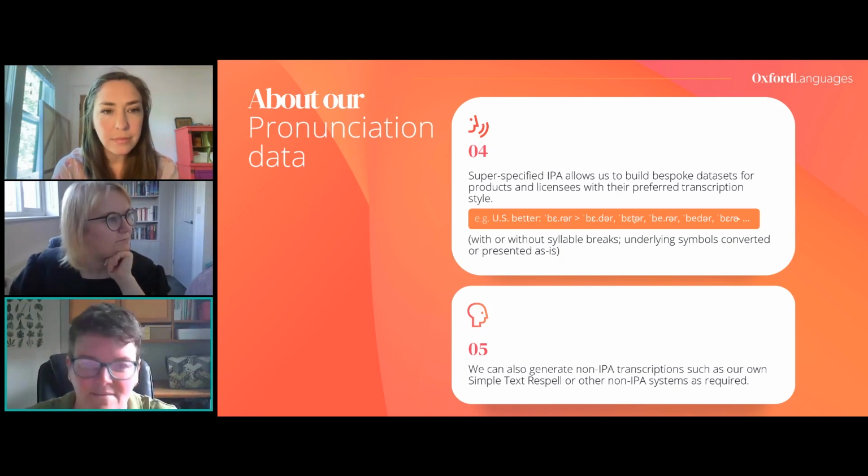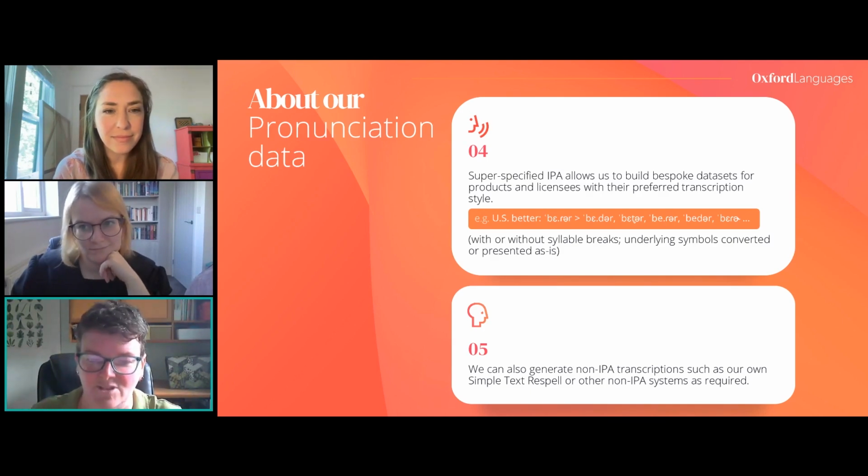We use the cardinal vowel 3 for the E vowel. We use the flap, the kind of R without a stalk, for the flapped T in better, and the post-vocalic R is represented with our full R symbol.